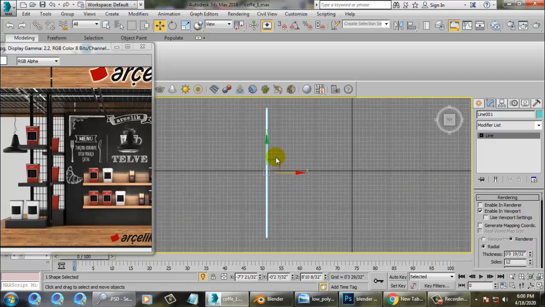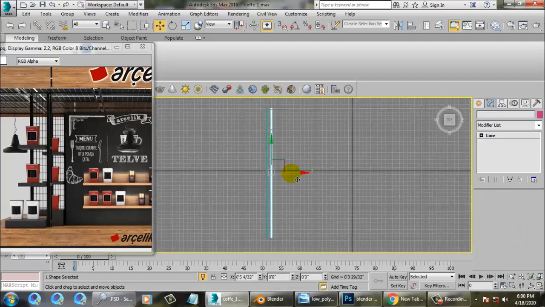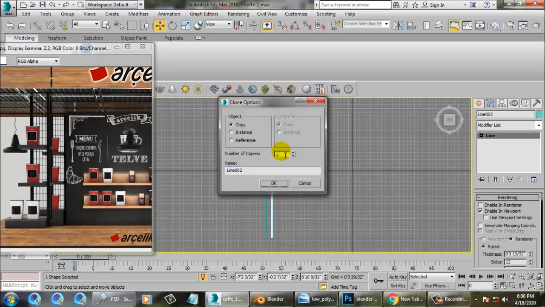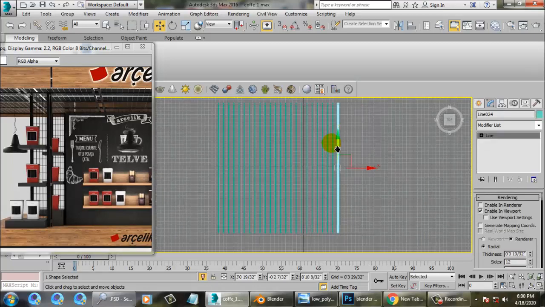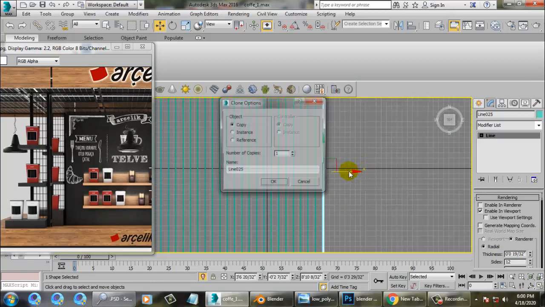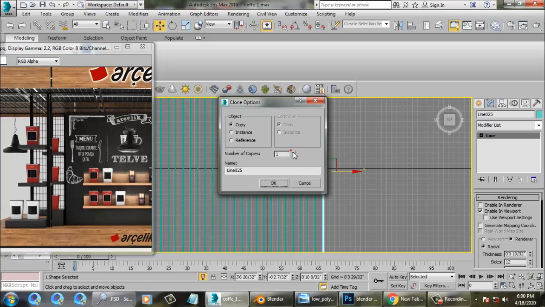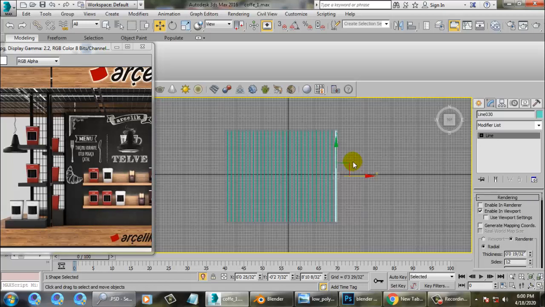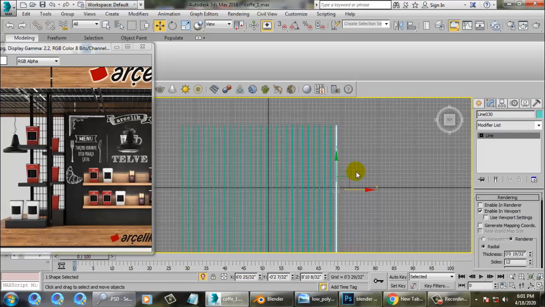Let's again go back to the top view and make the duplicate. As many duplicates as you want, you can just make that. Just make multiple copies over here.